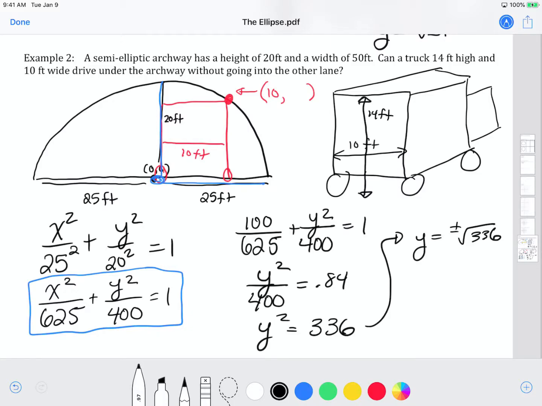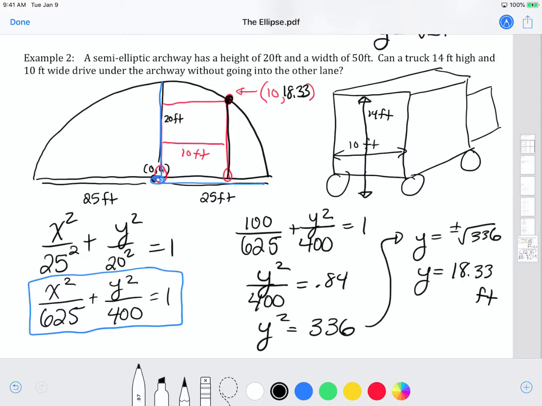And when I take the square root of 336, I get that the height is 18.33 feet. So this height from here to here is 18.33 feet,